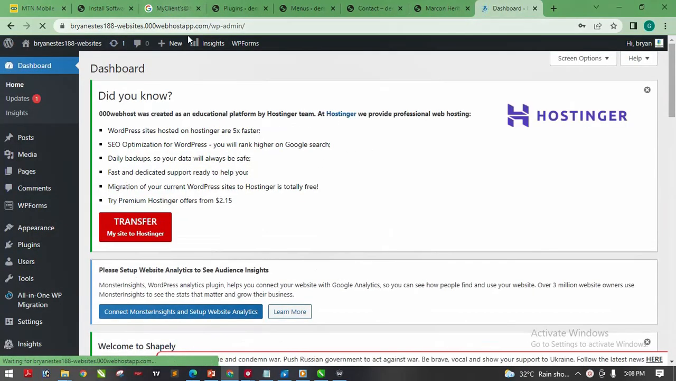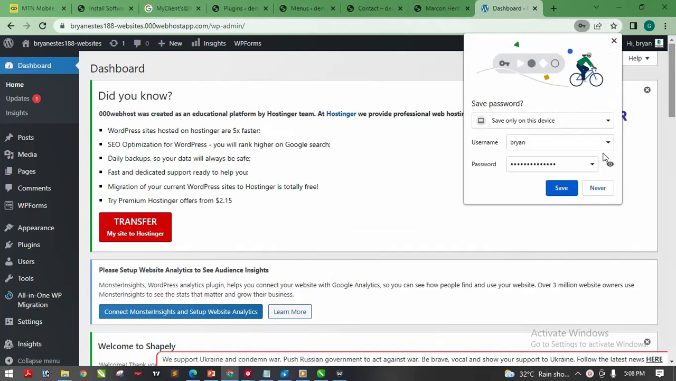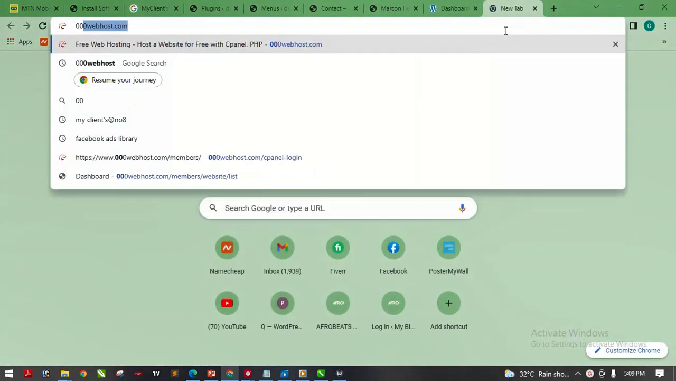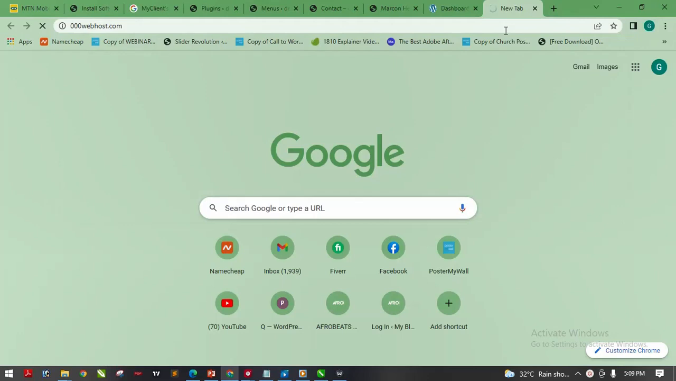The reason why I'm showing you this is because there are times that you might be logged out while you are working. So now you have to know this link. Once you know this link, just put /wp-admin. Maybe for some reason you forgot the link. It's very simple. All you have to do is go back to www.webhost,